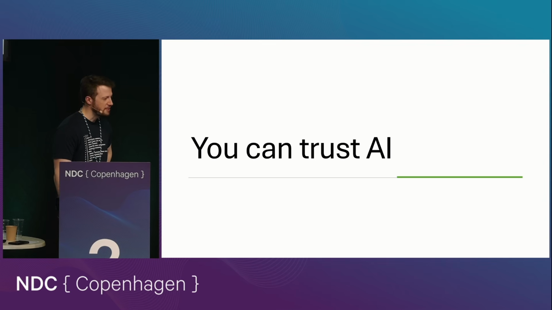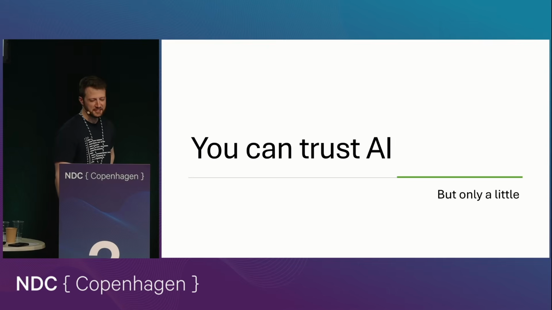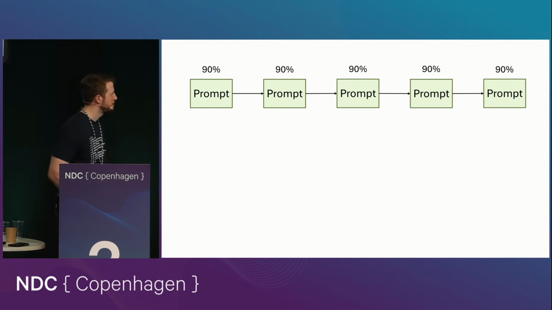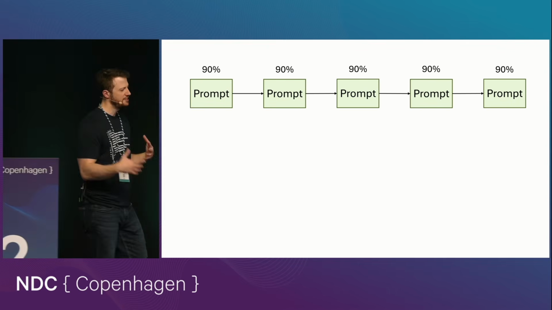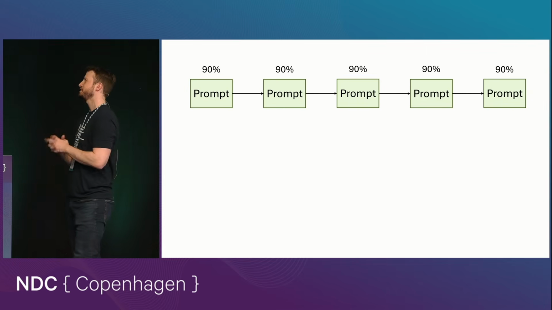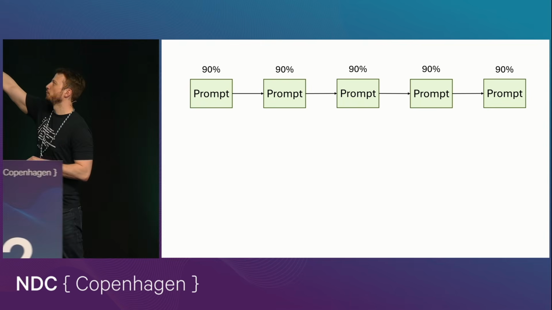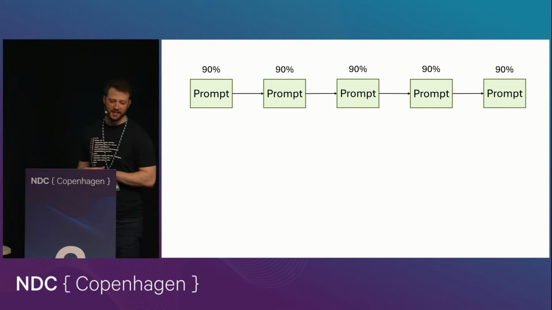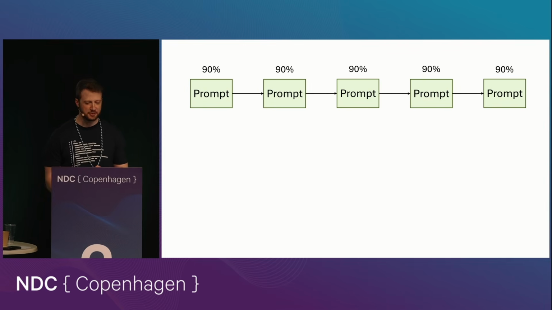by saying you can trust AI, but only a little. So here's an example of just a prompt workflow. And these are example numbers. I don't know what the actual success rate would be. Probably depends on the task you're doing. But if you're just passing data from one prompt to another prompt to another prompt, if we say each one of those has like a 90% success rate,